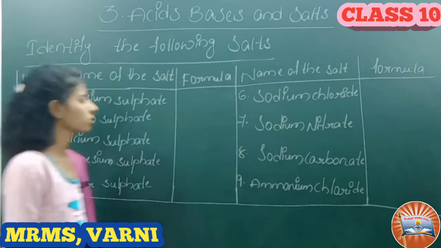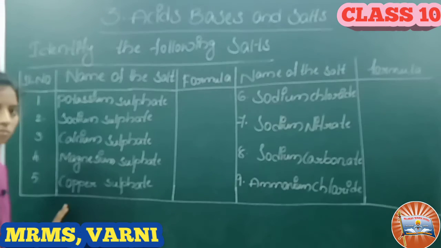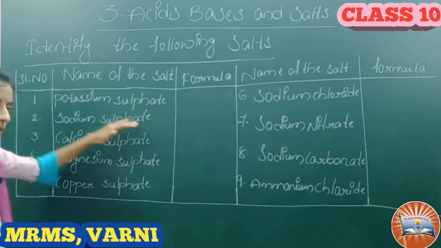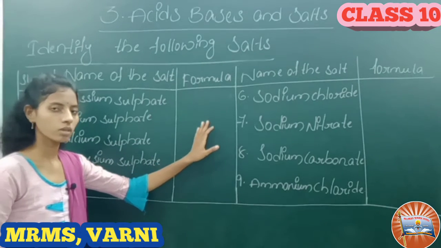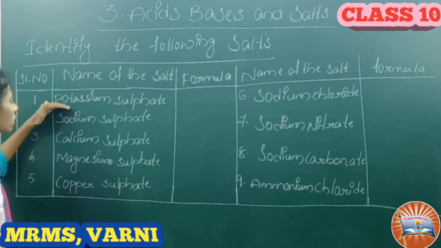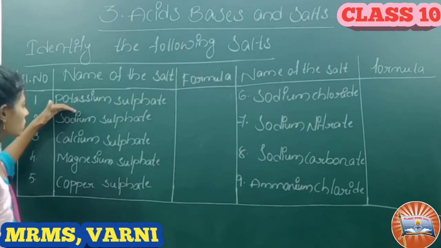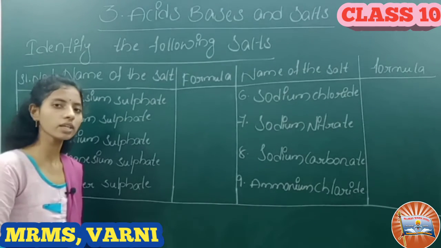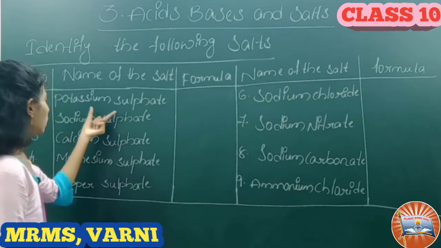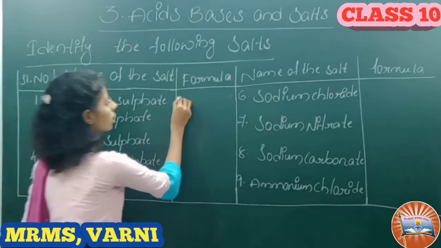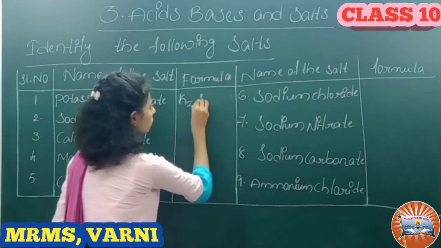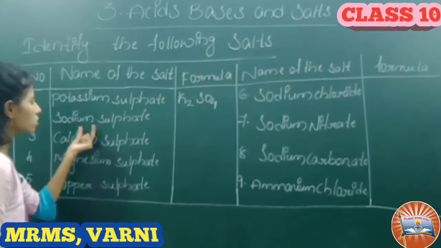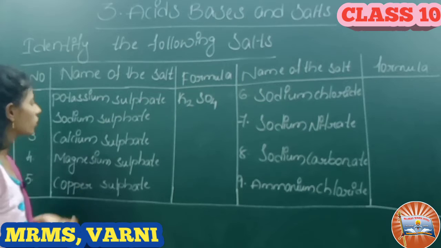See the next one. Here we have some salts. We are going to identify the formula of these salts. Okay. So see the first one. The name of the salt of the first one is potassium sulfate. What is the formula of the potassium sulfate? Well, potassium sulfate, the formula is K2SO4. Okay. And sodium sulfate, the formula of the sodium sulfate is